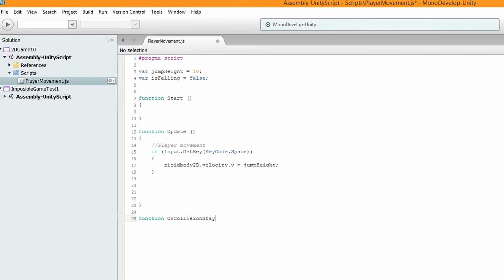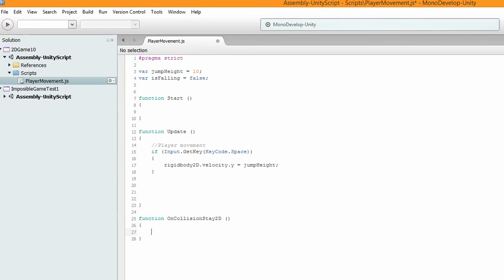Now you've got to remember to put 2D on the end of it, because each time we put 2D, the way Unity's done it is everything we do here is exactly the same in Unity 3D, but without the 2D. That's why I was saying earlier that you can switch between Unity 3D and Unity 2D, because they're very similar in the way that they deal with scripting. Now you want to add two brackets and then open it up with the curly brackets like so.